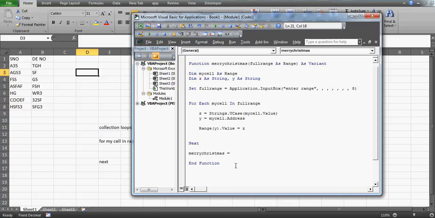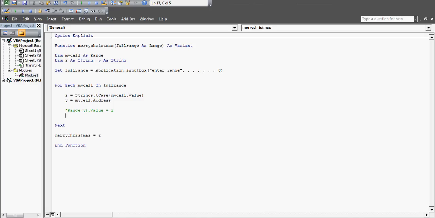What, because this is a function and we want to actually get that value, so the value which is converted into uppercase, so maybe we can write here as a Z, right? And perhaps this is not required. Let's see how we're gonna deal with this. So what I'm going to do is